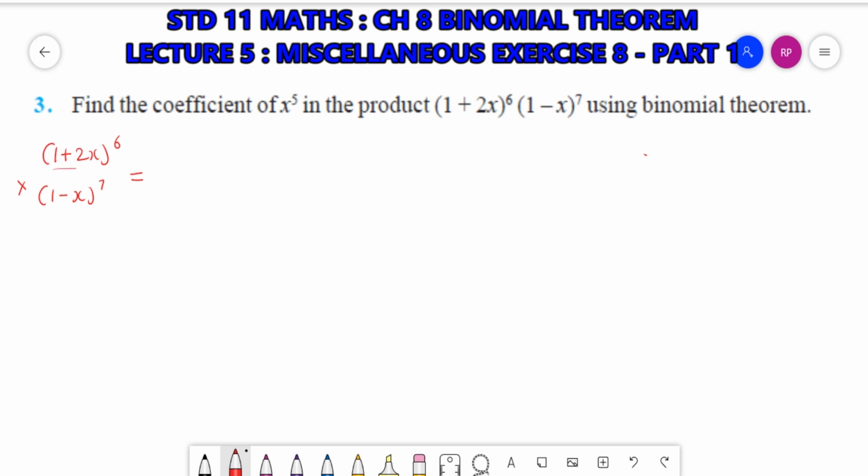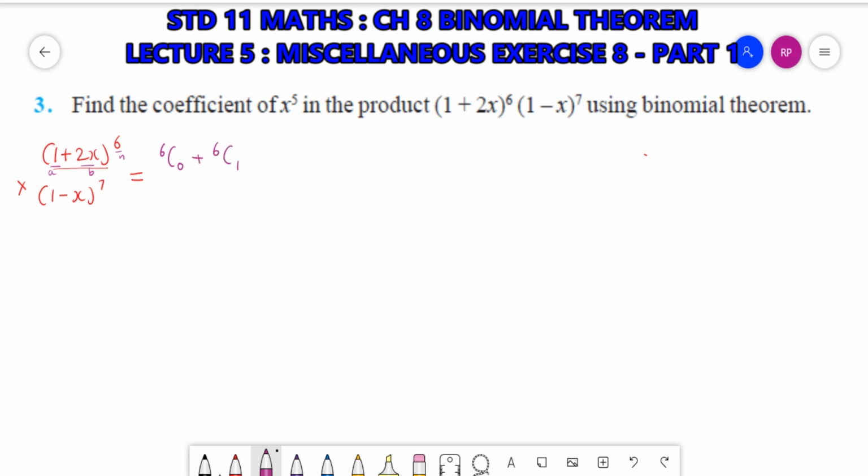Okay, so first I will solve this. Here, let us take a different color pen. So this is a, b, and n. So nCr, 6C0, 1 raised to 6. Okay, it will be the same. Whatever the power will be of 1, it doesn't matter. So no need to write it down. And 2x raised to 0. So it will be 6C0 plus